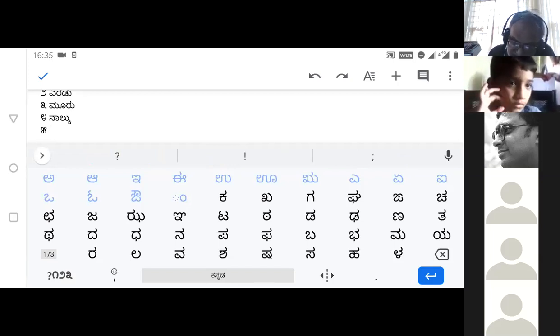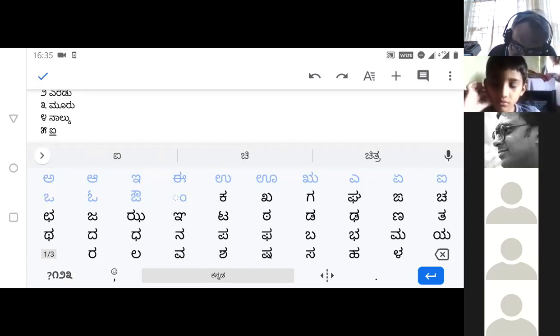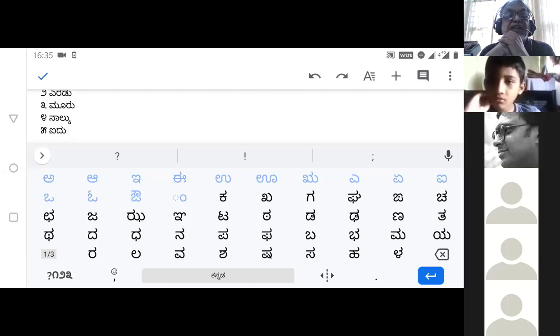Then let's go for the 5. ಐದು. Okay. That is almost 50% already. ಒಂದು ಎರಡು ಮೂರು ನಾಲ್ಕು ಐದು.